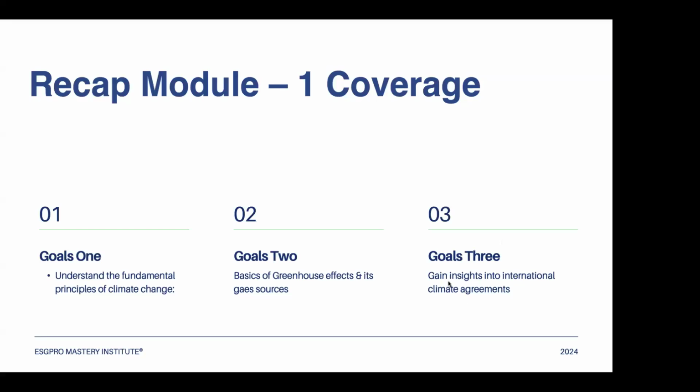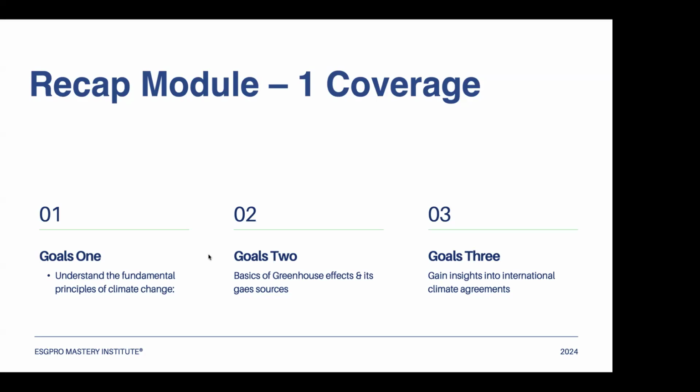But this gave a clarity that there is something happening on Earth, and what the basics of it are. We learned that. We also looked into GHG sources, natural as well as human-made, and exactly where they are coming from. Also, we looked into the impact of industrialization in that chapter. Then we went into goal 3 of module 1, where we looked in detail at different international regulations and climate agreements. We also looked into the NDC, nationally determined contribution set by each country. What is the basis of it? How does the Paris Agreement fit in? So mostly we have covered the climate change and climate action part.